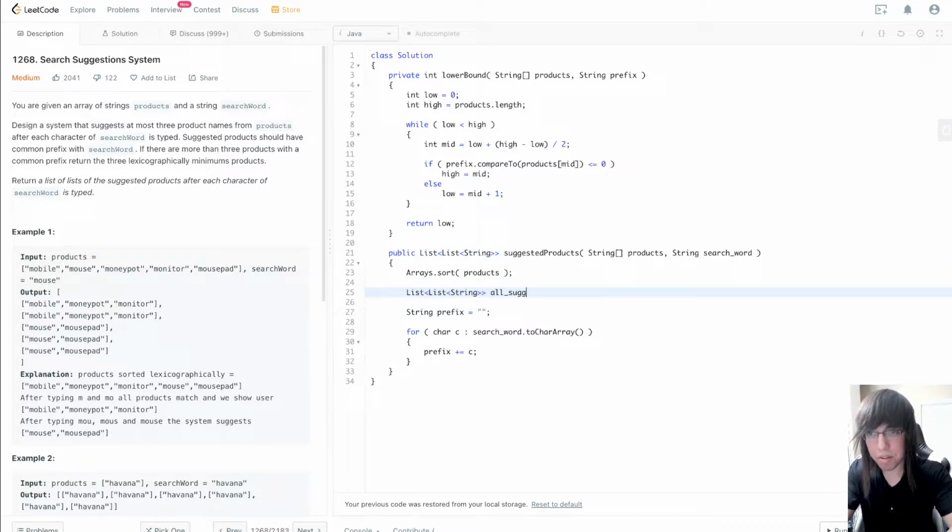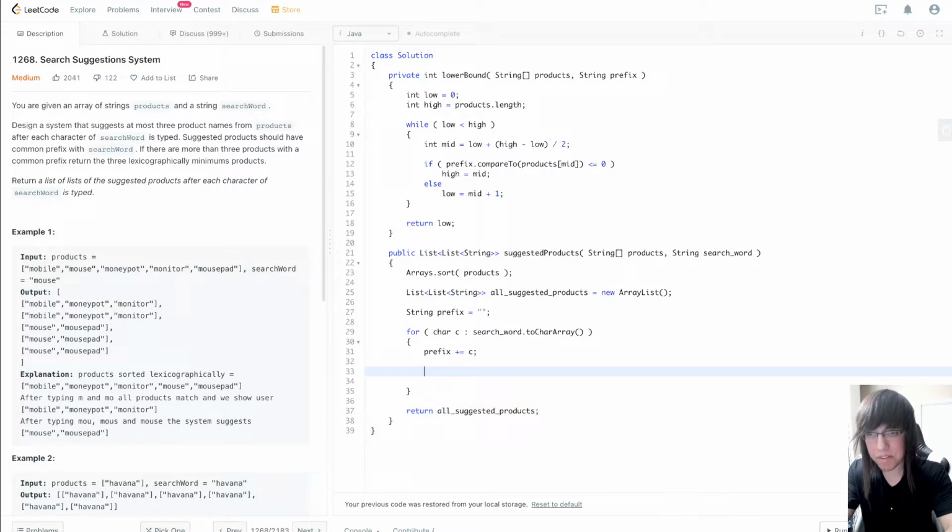So we're just going to call this all suggested products. New, let's make it an array list. Did I just put 3 R's? I did. All right, so all suggested products array list. Okay, and then we also need, so this is a list of lists, right? So the thing that we're actually going to return, well, we're returning this. So let me just write that out really quick. So we're returning all suggested products,